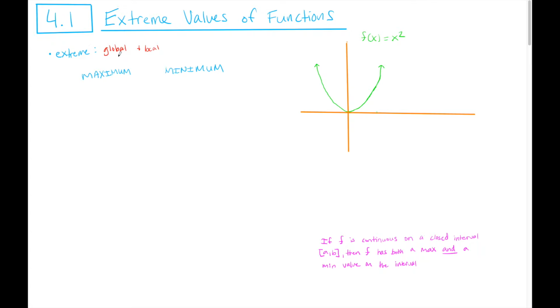Now these could be either global, also known as the absolute extremes, meaning they are the absolute highest or the absolute lowest in the entire domain of that function. Or they could be local, also known as relative extremes, meaning that they're extreme values only compared to values nearby